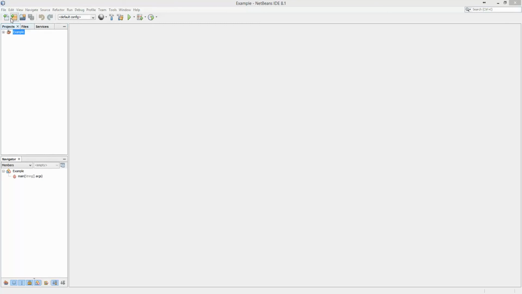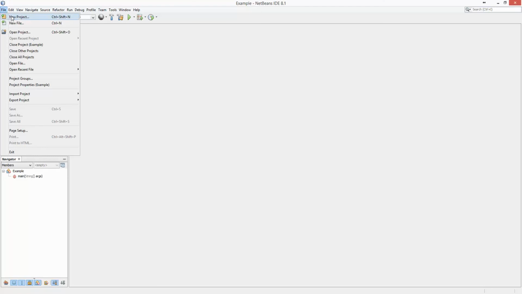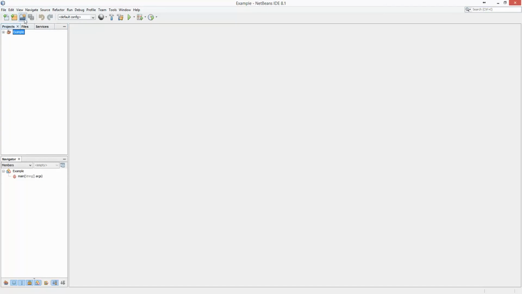At the top you've got the file menu where we can create a new project or a new file. You can also open a project that you're currently working on. So these three are basically the same buttons that we can get there as well. So you can use any of those. Next to it, we've got the save button, we've got undo and redo buttons, and then we've got some build buttons. So this one will clean and build your project, and this little play button will actually run your